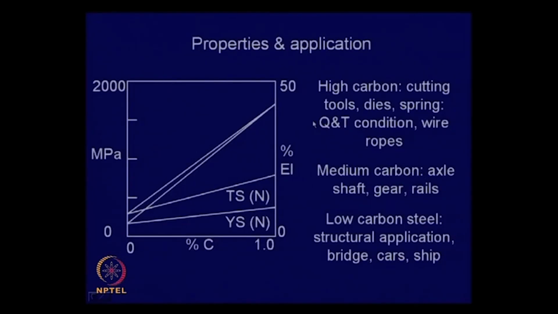A quick look at some of these applications and properties. Let us take up alloy steel separately, and see that with plain carbon steel, this plot gives you the range of properties that you can expect if you change from nearly 0 to 1% carbon. The strength can increase significantly, and in fact, you will find that if you normalize, you get one kind of